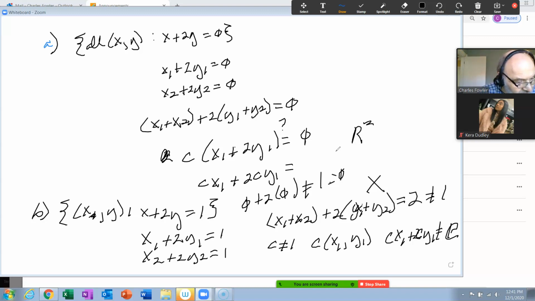Set is non-empty. Fine. Closed under addition. I don't think so. It is not, however, closed under scalar multiplication. Wait a minute. I'm looking at the wrong problem. Sorry. Okay. The first one, solving for a point there, you see that